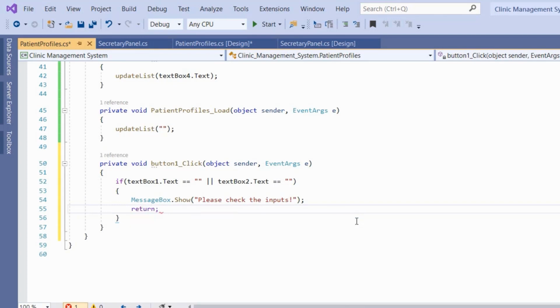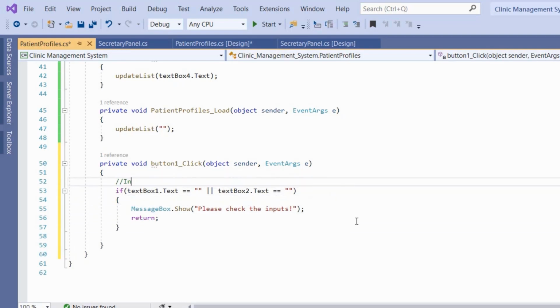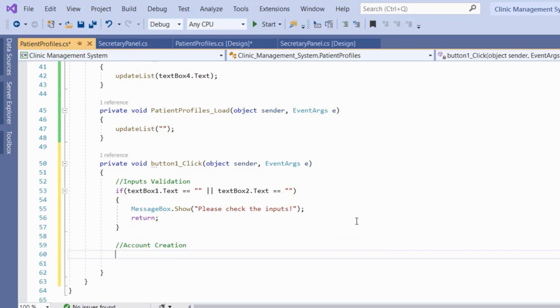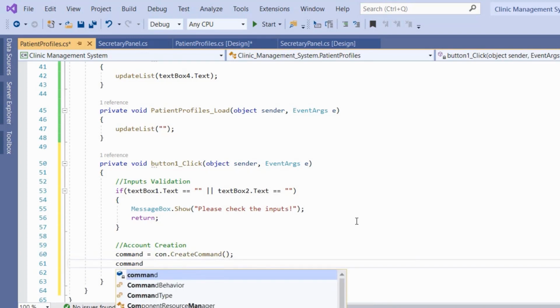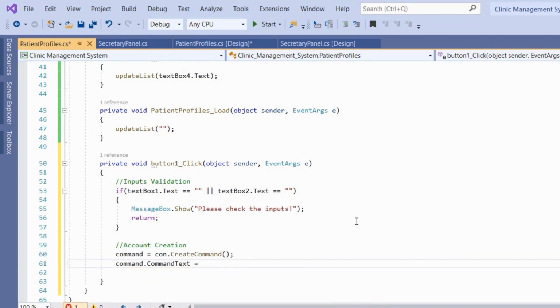And then we're going to return without doing anything. So now we're going to create our account. So this was the inputs validation, and then we're going to the account creation. Okay, so command is equal to con.create command, command.command text is equal to